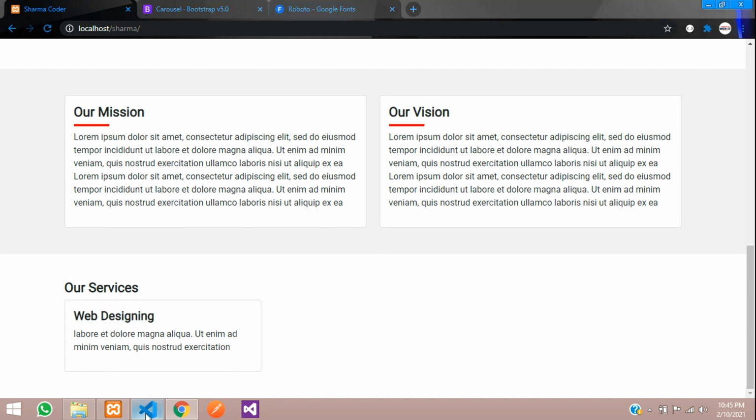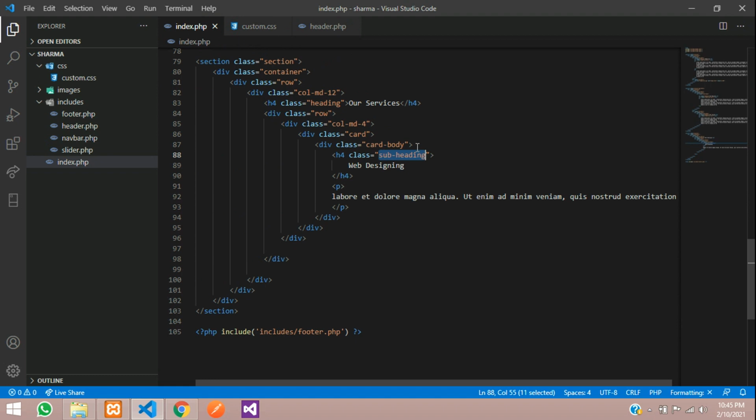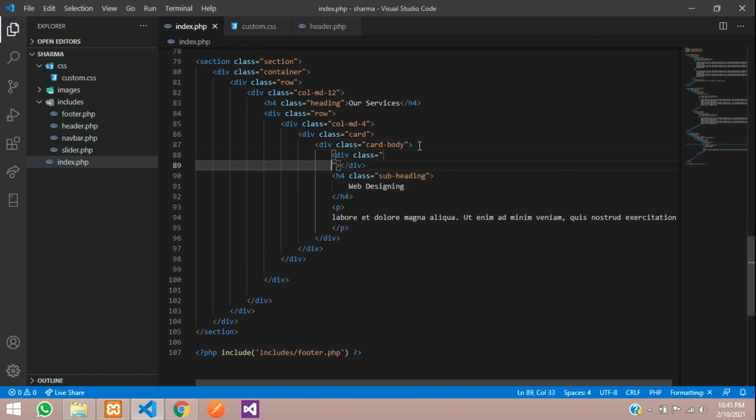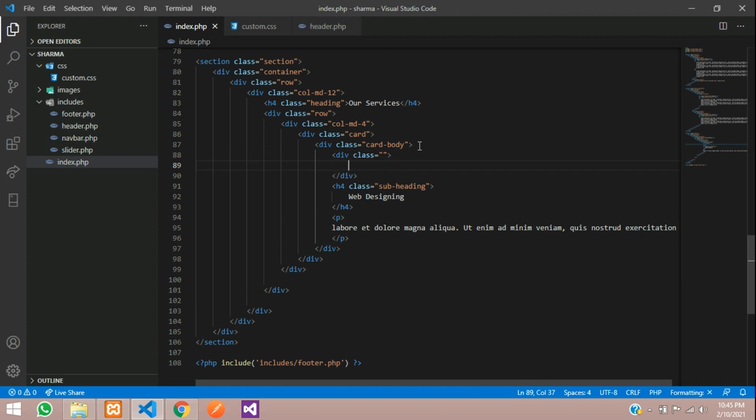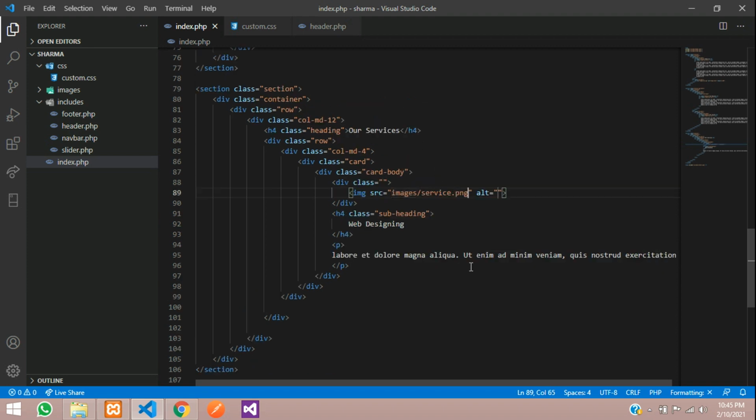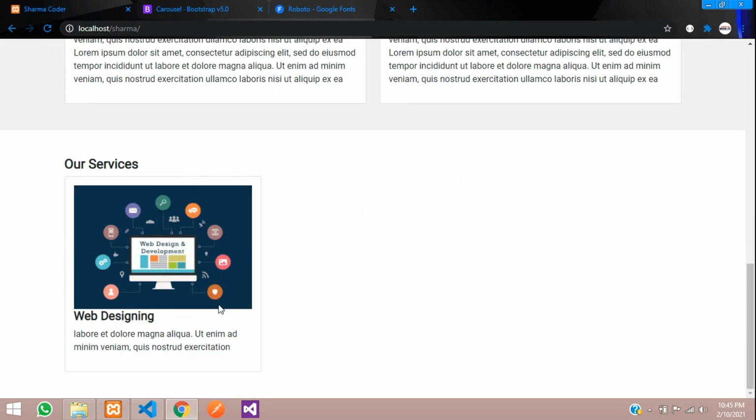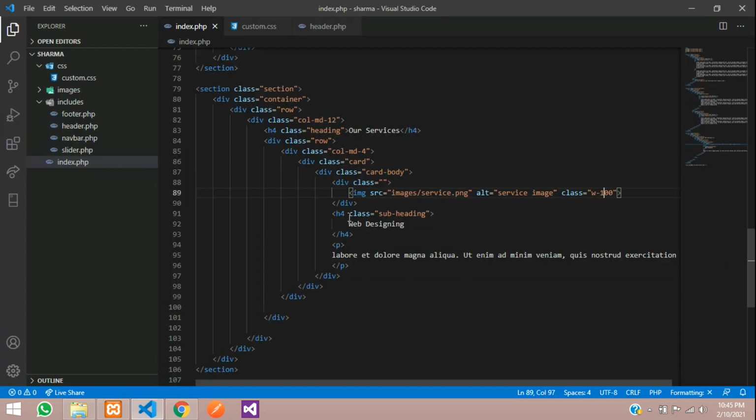Let us add an image here. So above this h4 tag we'll create a div, and inside the div we'll keep the image. Okay, so say images slash service.png. I have one image. Okay, let me give alt tag service image and class as width 100. Oops, I typed 200, so it's 100. And now let us reload and check. So you can see this is the image. I need some space here, so I'll give margin top. So in this subheading say margin top 2,